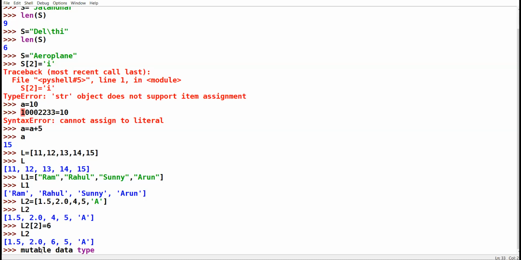You can change or modify the value in place. In place means at the same location. That is why list is a mutable data type and assignment is possible. Whereas in string, this assignment is not possible because string is an immutable data type. Clear? Am I clear up till here?